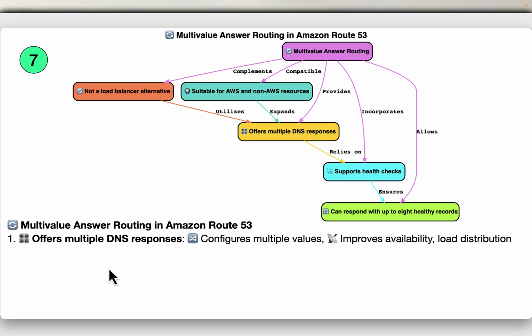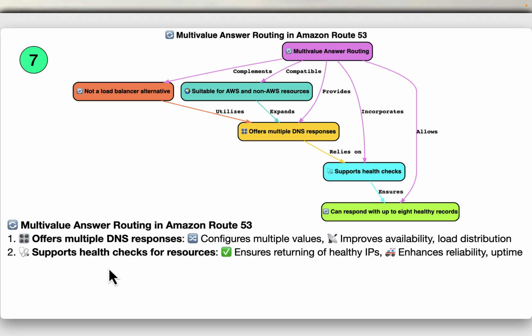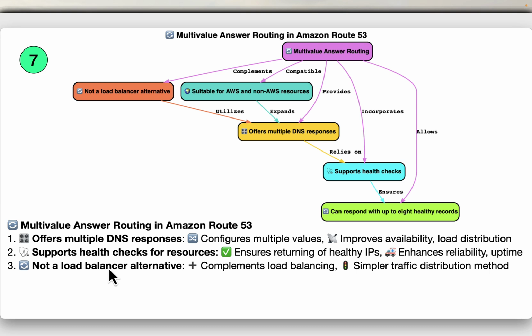First, it offers multiple DNS responses, enabling you to configure Route 53 to return several values, such as IP addresses, in response to DNS queries, allowing for improved availability and load distribution. Supports health checks for resources: it incorporates health checks to ensure only healthy resources' IP addresses are returned, enhancing reliability and uptime. Not a load balancer alternative. While it provides multiple DNS responses, it is intended to complement rather than replace load balancing solutions, offering a simpler method to distribute traffic across multiple